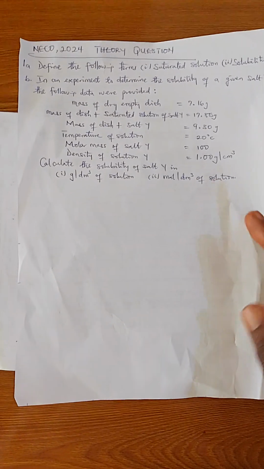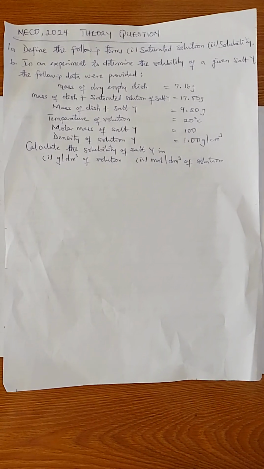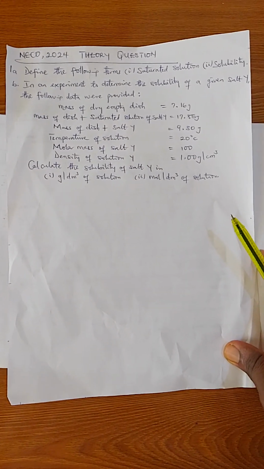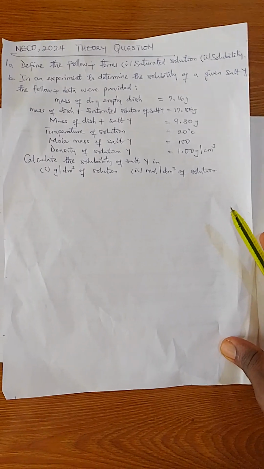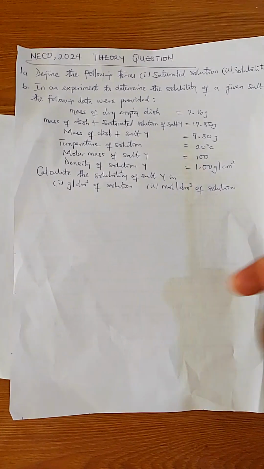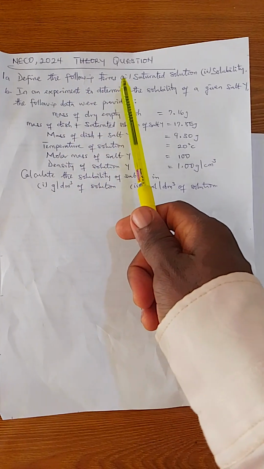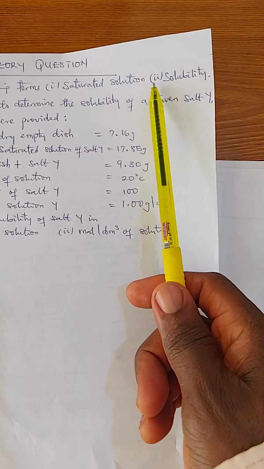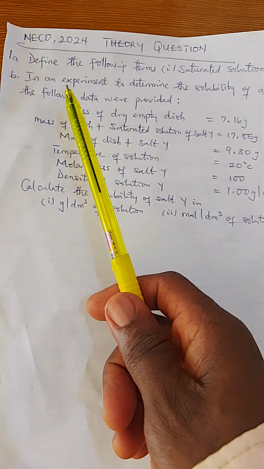The first thing: you know that chemistry questions are always voluminous. We have 1A that will have Roman figure 1, 2 or more, B, Roman figure 1, 2 or more, C, and so on and so forth. But I just have 1A and 1B for you. Should you be asked to define the following terms: saturated solution or solubility, and you are given a question like this,